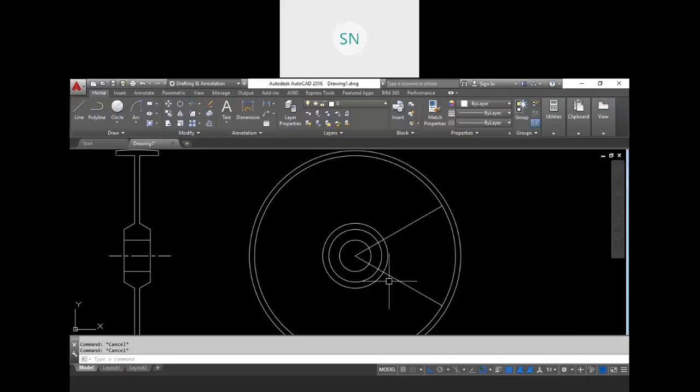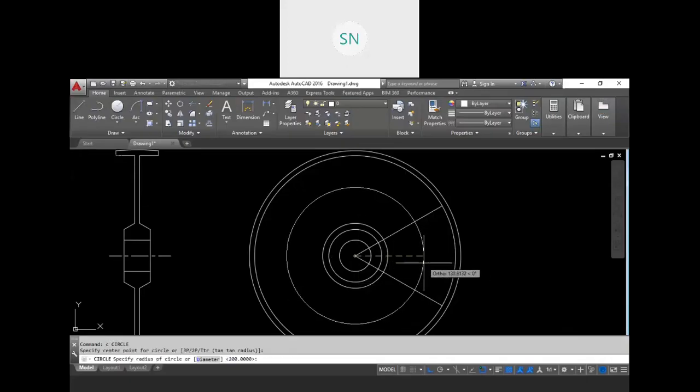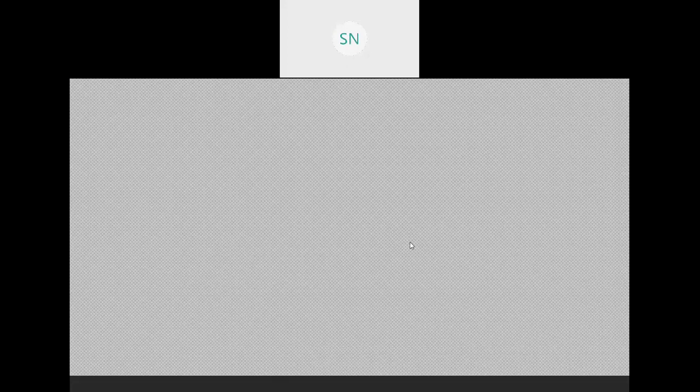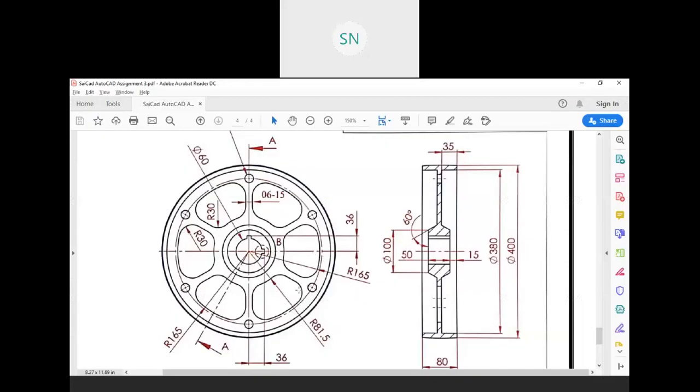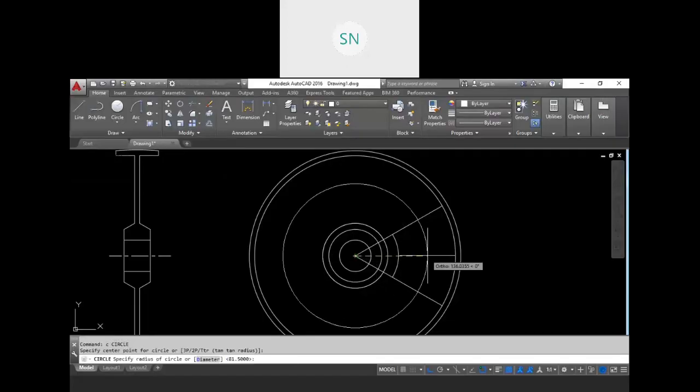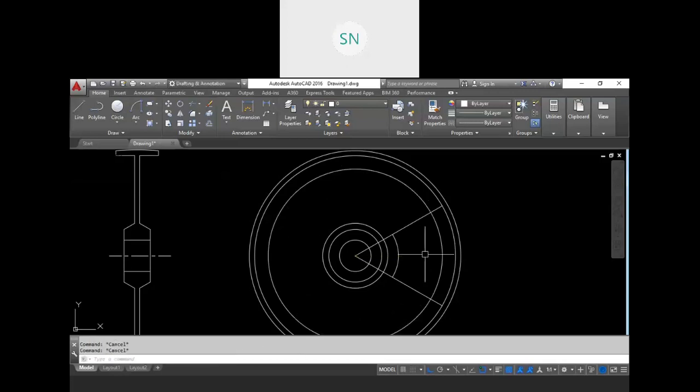So create one circle with 81.5 mm radius and trim it immediately, so we do not have any kind of confusion over here. Then the next outer diameter, outer radius, we have 165. Okay, so one more circle from here, 165, and trim it.